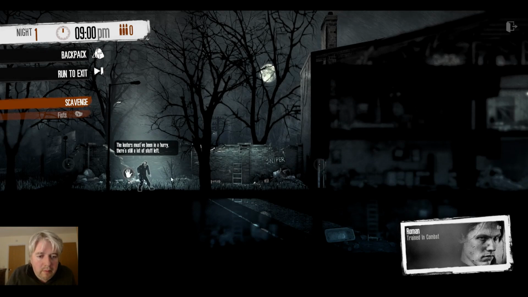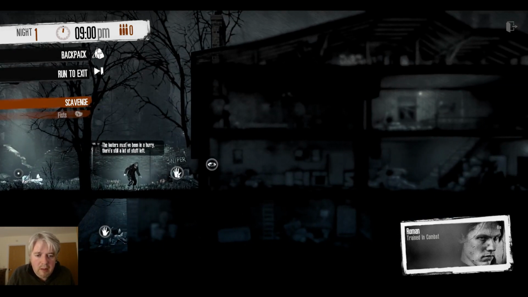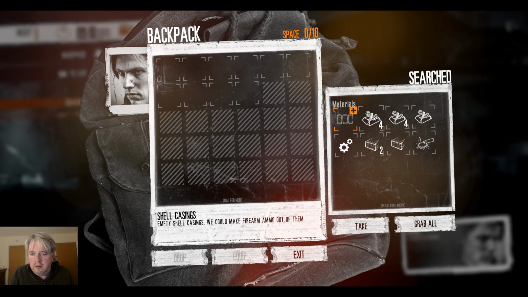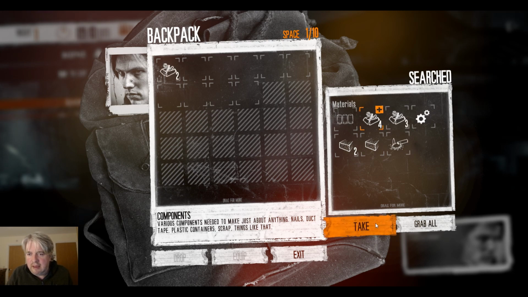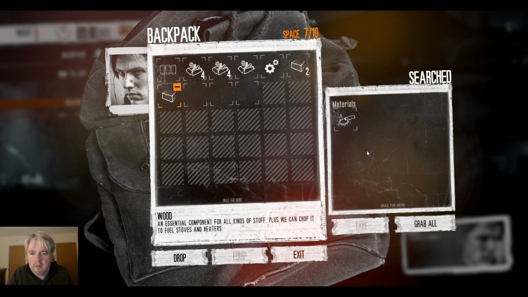All right. Okay. Yeah, lots of stuff. So we'll have a look at what we've got. As I say, we want the components. We want wood. Yeah, what are these things? And parts. So we'll take that. I will grab it all, and then